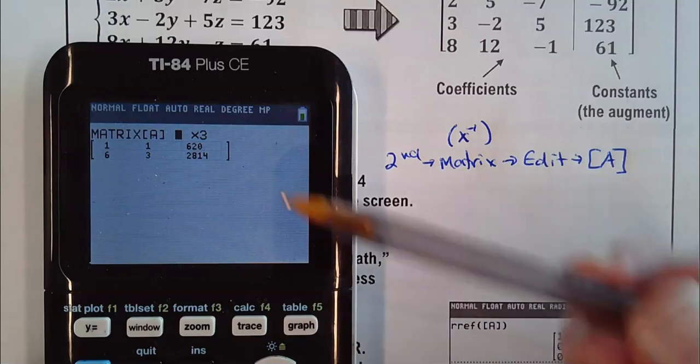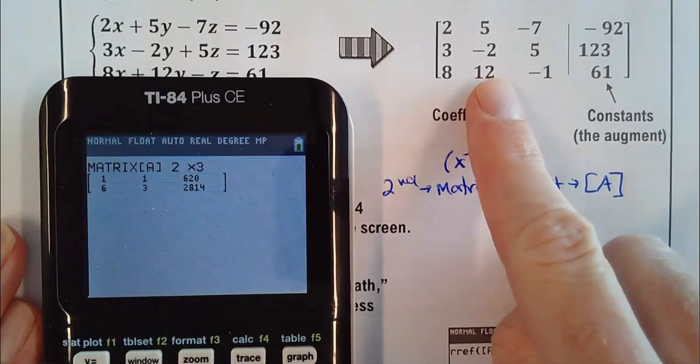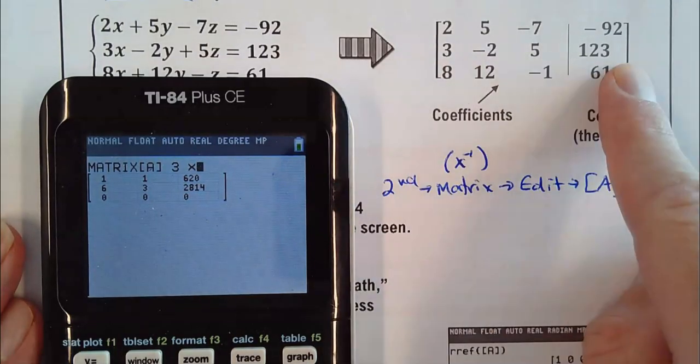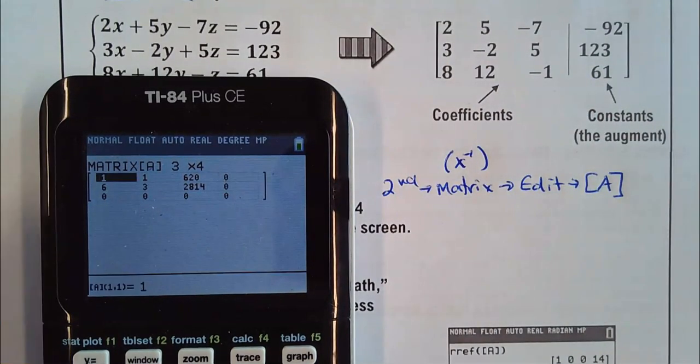So I want to enter this guy in here, so I need 3 columns. So I'm going to push 3, enter, and I need rows. I need 4 columns, so I'm going to make that a 4 and hit enter. And notice it adds a row and a column. Okay, 3 by 4, and now enter